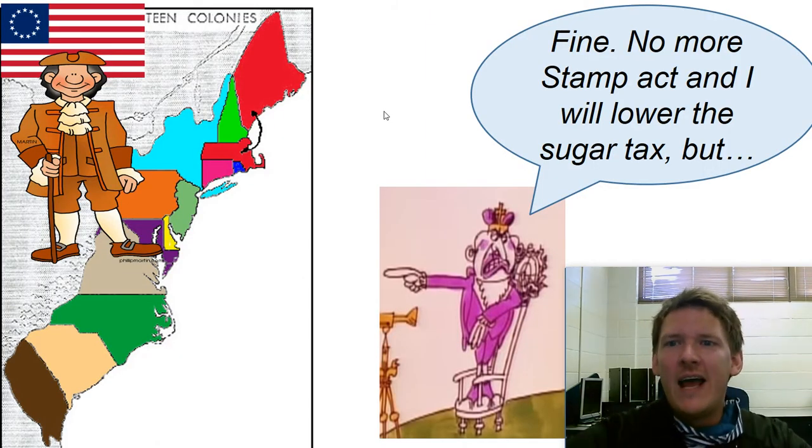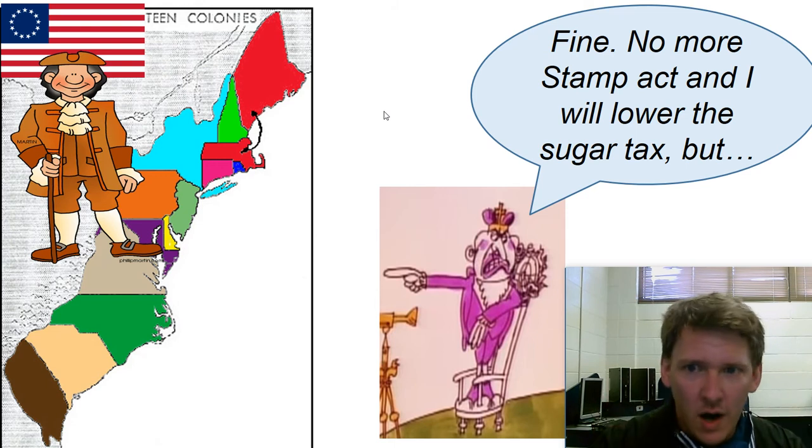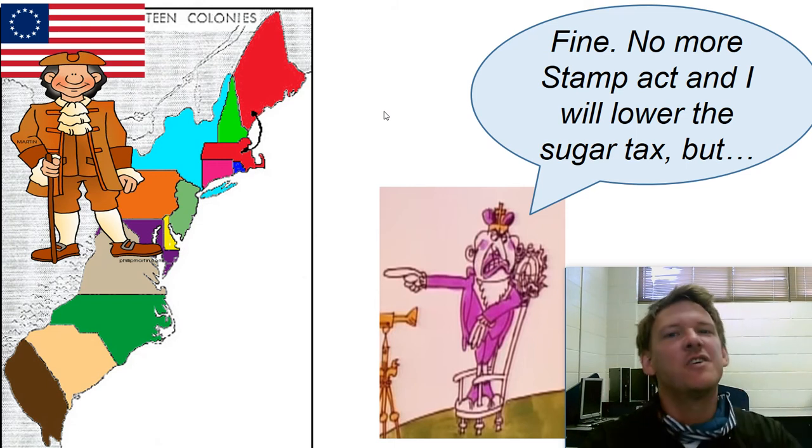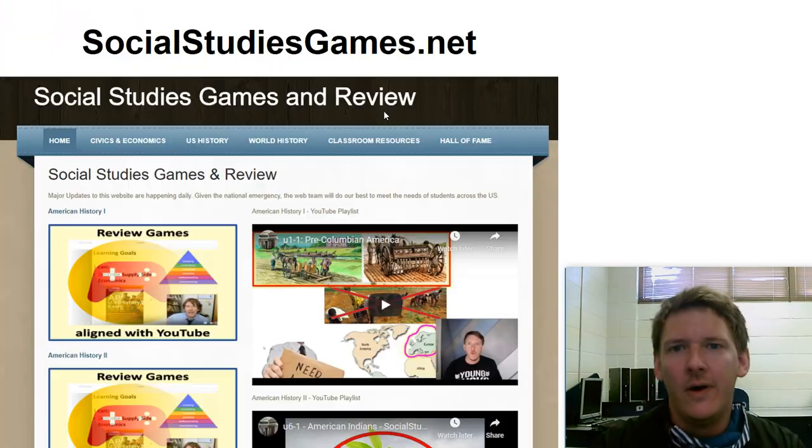So eventually, after this back and forth, this is just step one, the king's going to say, fine, I get rid of the Stamp Act, I'll lower the sugar tax, but, and we will get to the but in the next video,